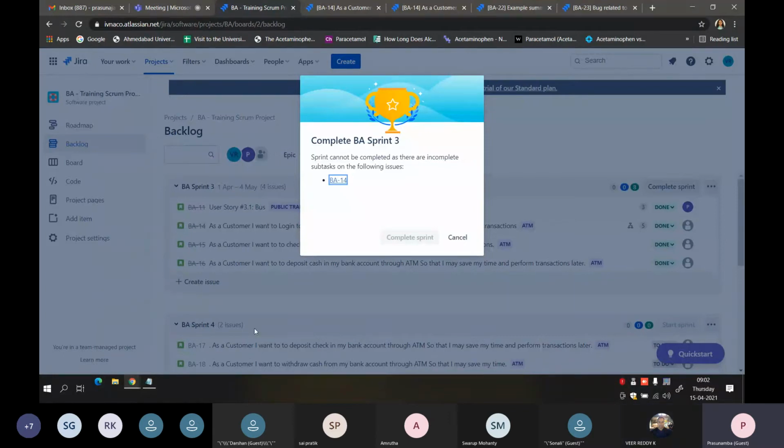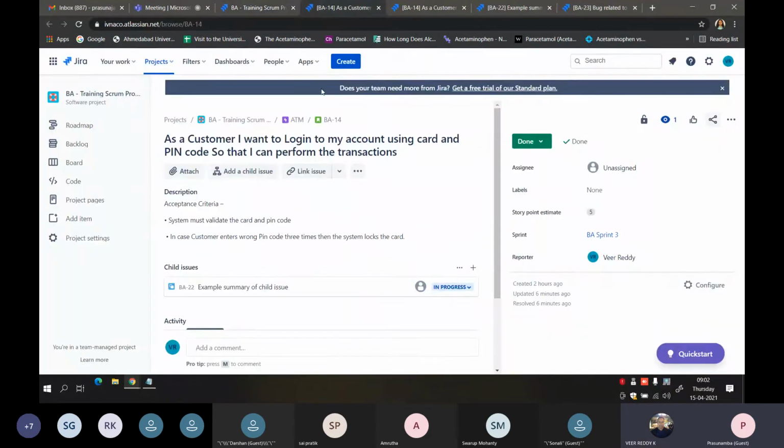Earlier, because the ticket was still in open state and it was not touched by anyone, you could move it to the next sprint. But here, what has happened for BA14 is that it is completed, but only the child issue is still in progress.